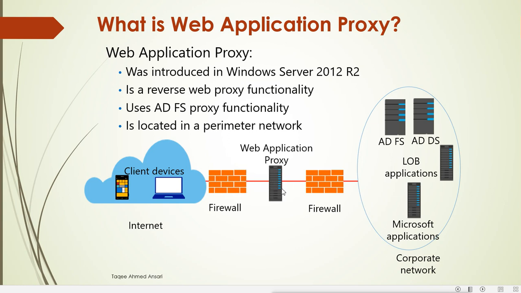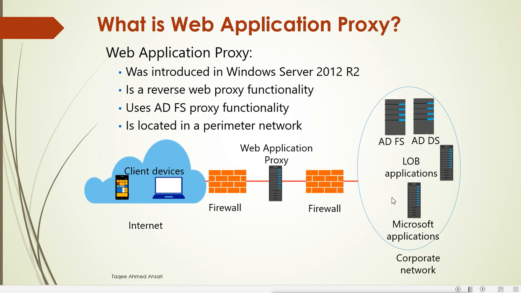In the perimeter network, we put all the servers which can be accessed through the internet, like the web server and mail server, because we don't want them to get access to the internal network. So they can get access to the web server and mail server from the perimeter network. This is a secure environment. If anyone wants to get into our internal network through the internet, they have to cross another firewall, and then they can come into our internal network.